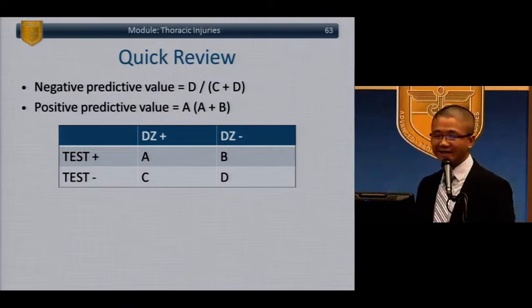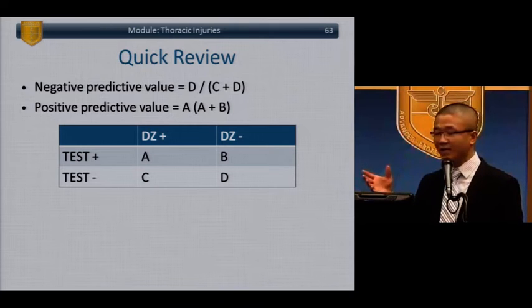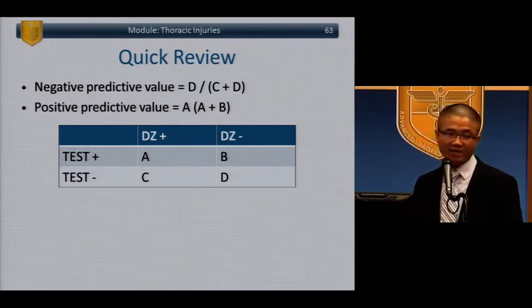All right, here's the quick stats thing that I promised. If you have trouble visualizing sensitivity, specificity, negative predictive value, positive predictive value, just draw yourself that little 2x2 of the disease and the test itself. Negative predictive value is D, which is that your test is negative, meaning you're likely to be disease free, over C plus D. So you can calculate that value, but bottom line is that a negative predictive value tells you,